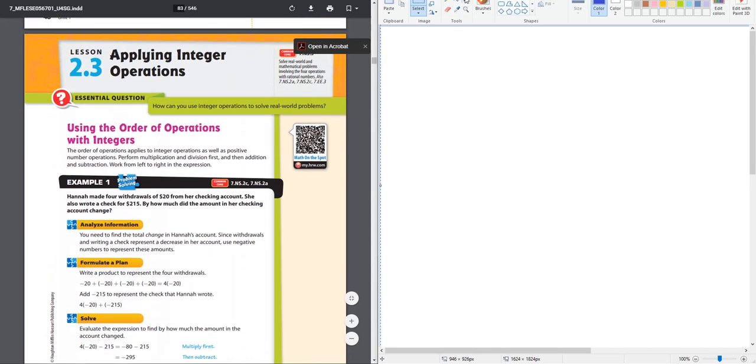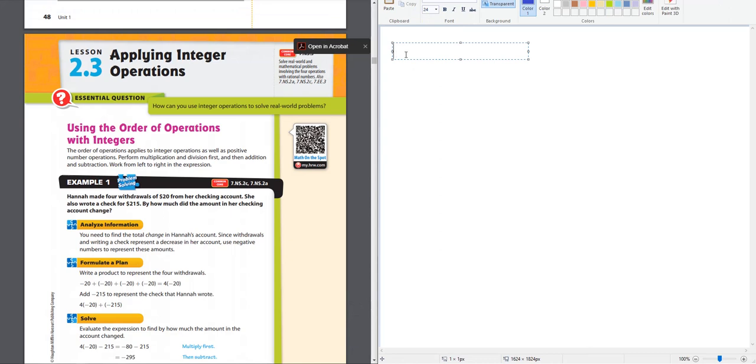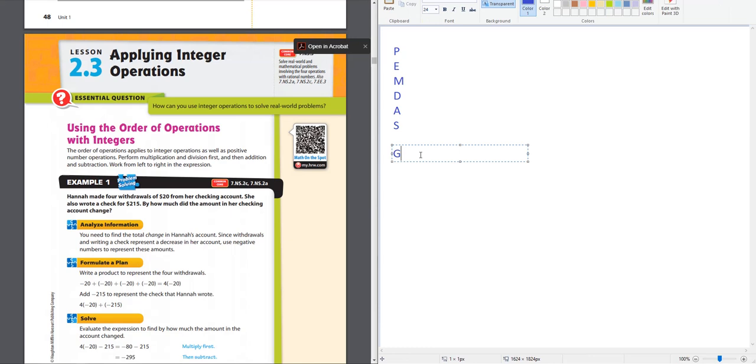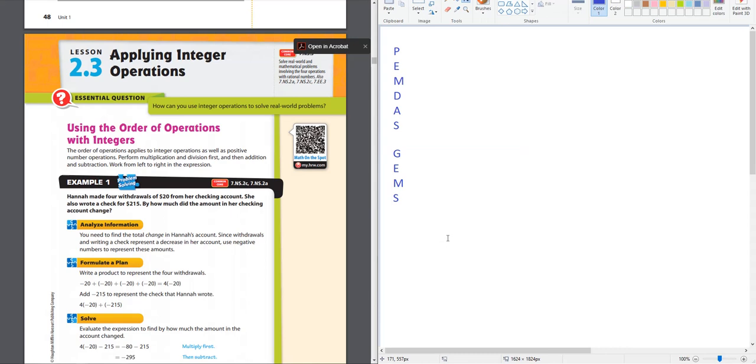So one of the biggest things here to remember for integer operations is your PEMDAS. Now, I'm not a really big fan of using PEMDAS. I actually like using GEMS, and I'll teach you both of them. And it's up to you which one you want to use. It's honestly the same thing. It's just that PEMDAS is a little misleading. For example,